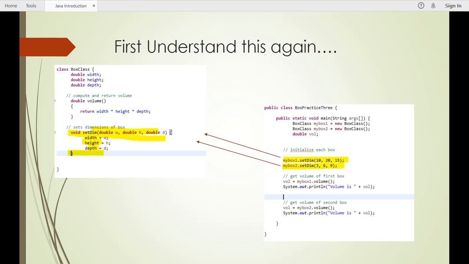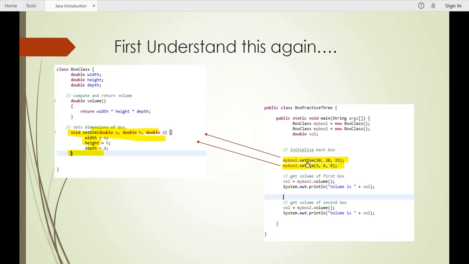Let's see this once again. We created one object, myBox1, as new Box class, and then we called setDim, a function which assigns the values passed to it to the width, height, depth instance variables.